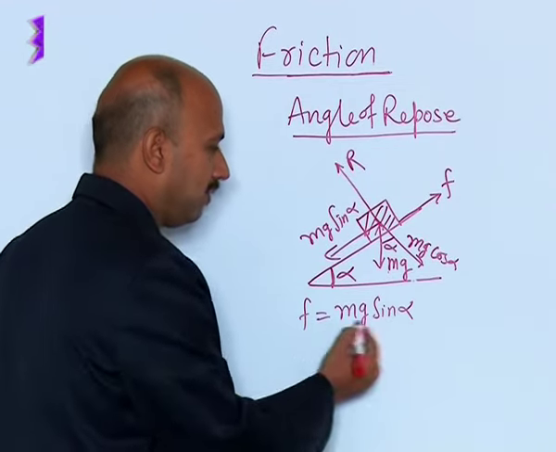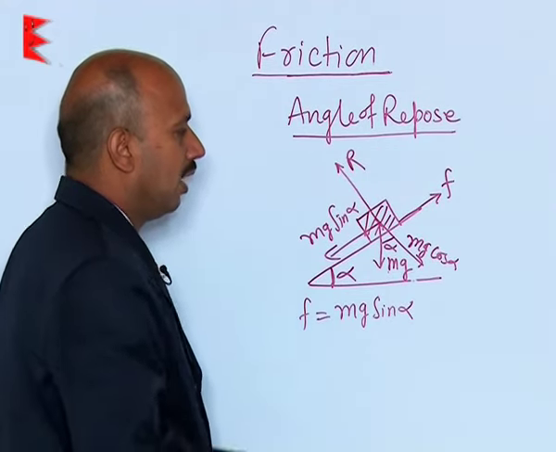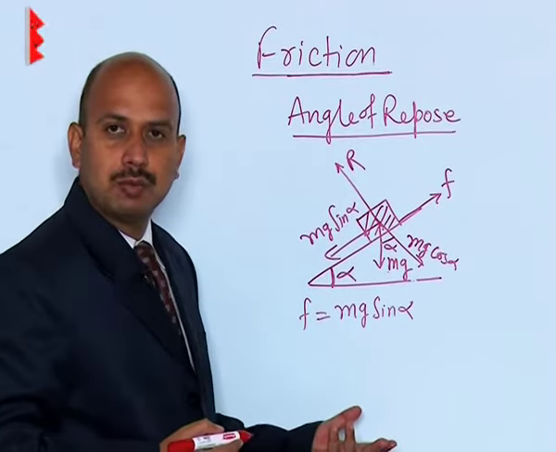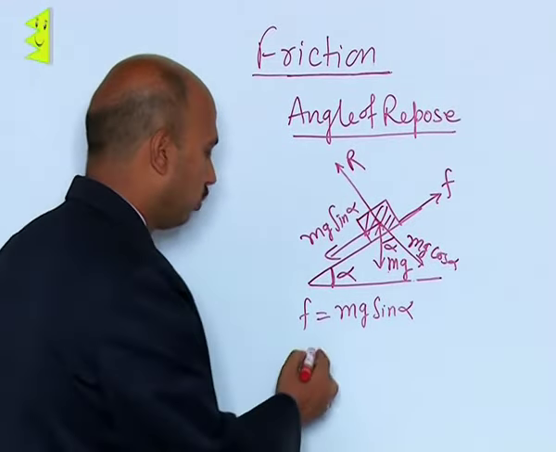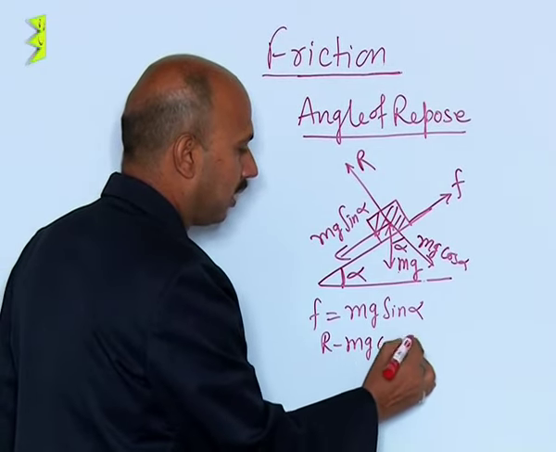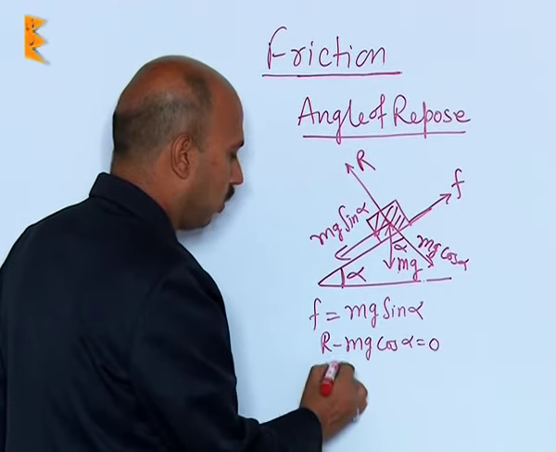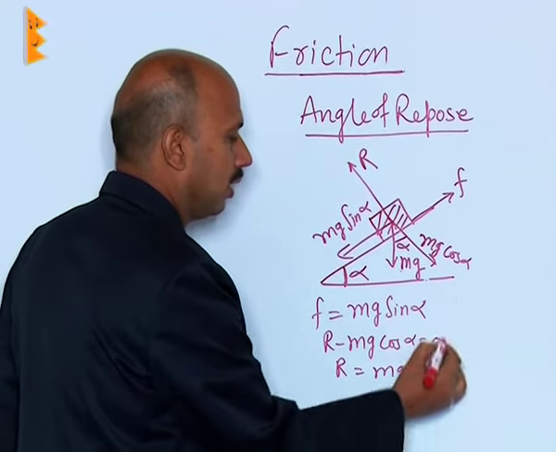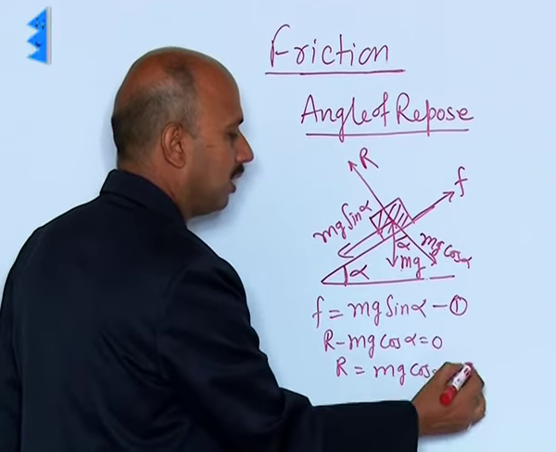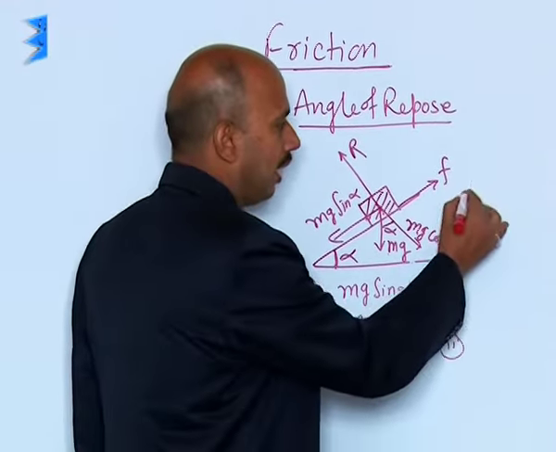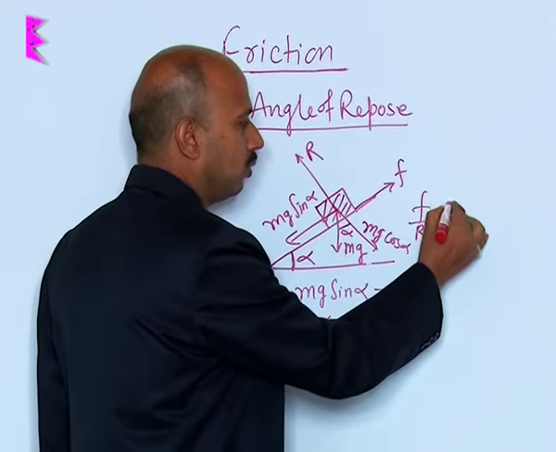We can write F is equal to mg sin alpha, because body just begins to slide without acceleration here. So, F equals mg sin alpha, and also R and mg cos alpha are equal and opposite here because there is no motion. So, R minus mg cos alpha is equal to 0. So, R is equal to mg cos alpha. If you take the first and second and divide, you will get F upon R is equal to tan alpha,